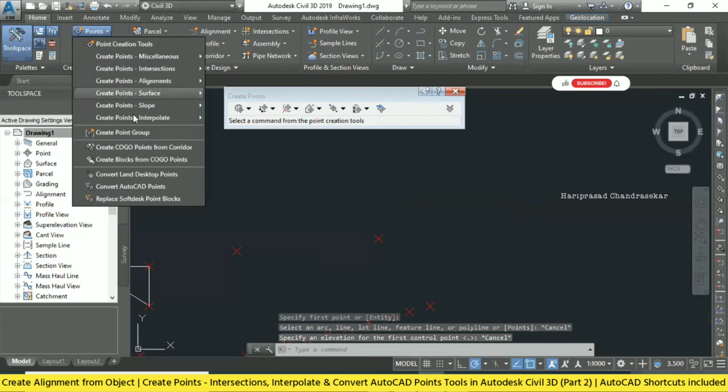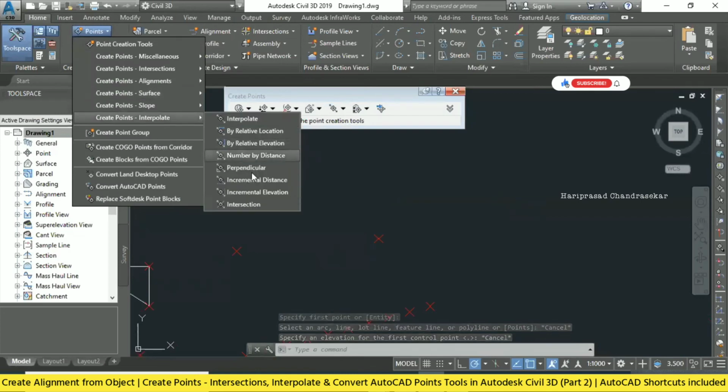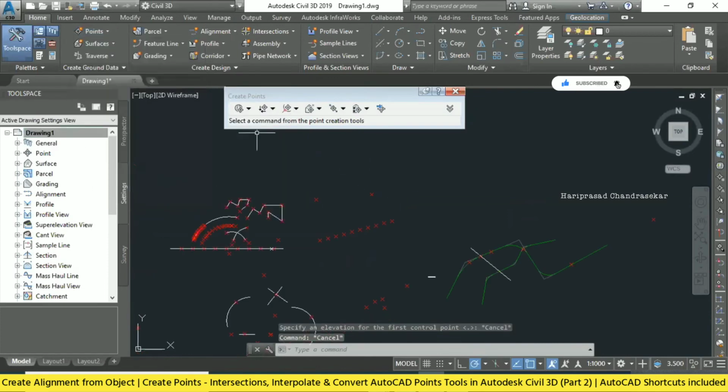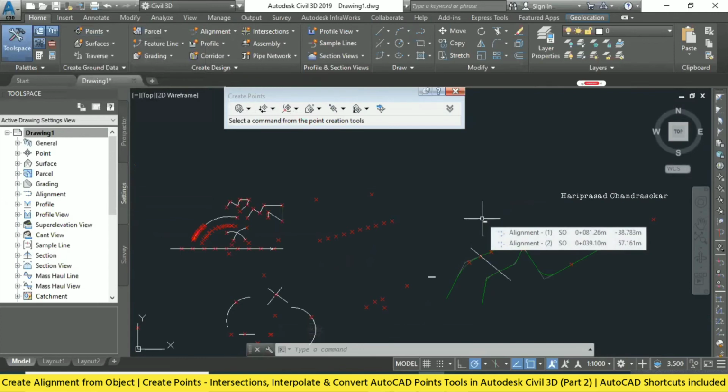That is also simple, and similarly we can work with the others. Now you understand what a COGO point is, what data COGO points hold, and how to create them manually.